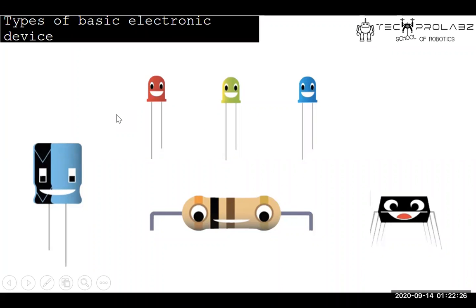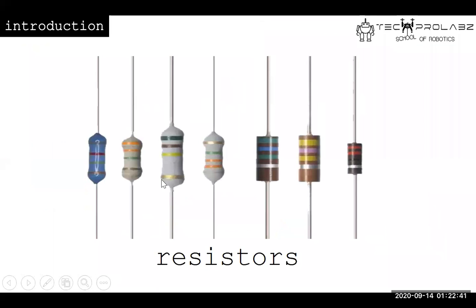So you can see these are the basic kind of electronic devices, or you can say components, you must have seen, right? This is a resistor, this is a capacitor, this is some IC, and these are the LEDs. So resistors, now what are the resistors, and how do they look in actual life? These are the pictures of real resistors. I bet many of you have seen this somewhere, on some circuit or in some workshop, or maybe in your school. So these are the resistors.